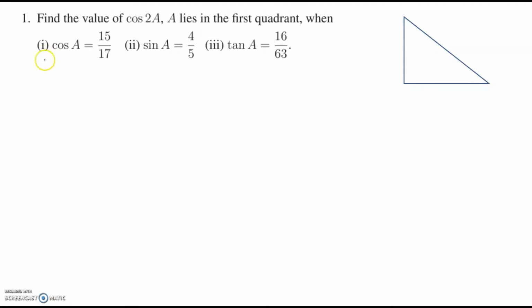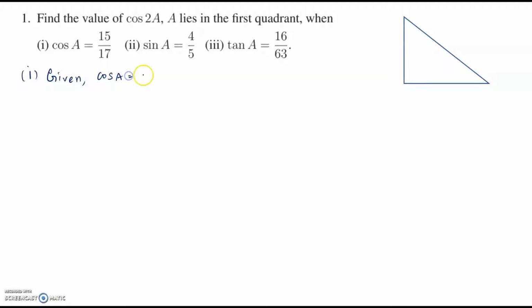In this video, we will solve problems from exercise 3.5. Question number 1. Find the value of cos 2A. A lies in the first quadrant when cos A is equal to 15 by 17. So, in the first question, given to us